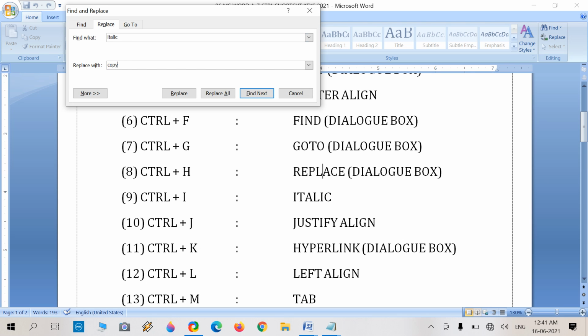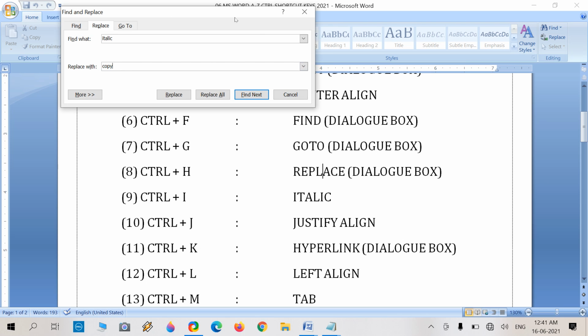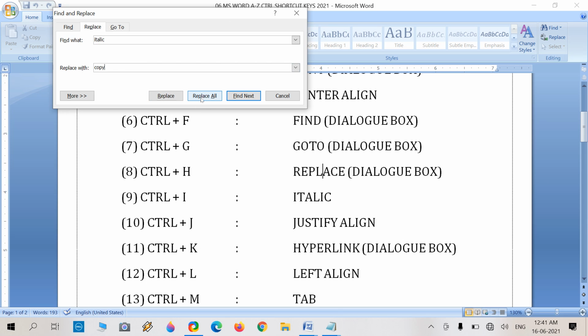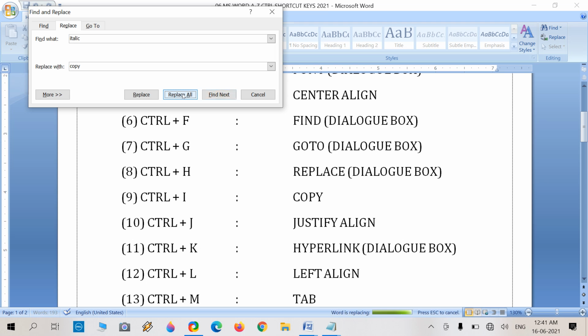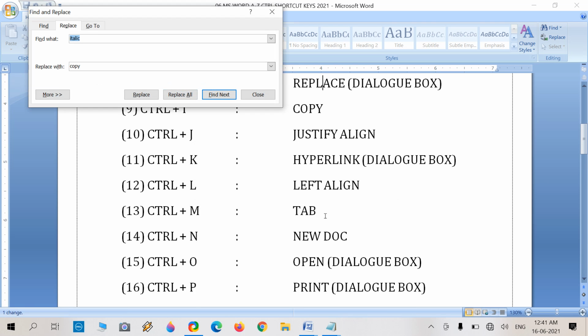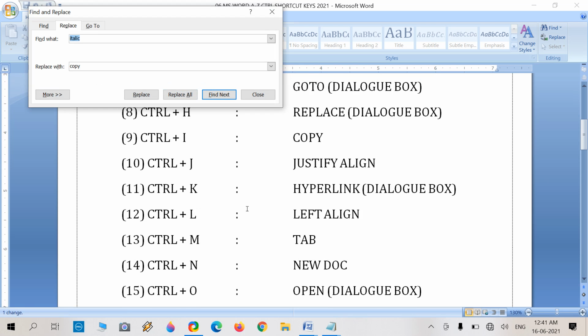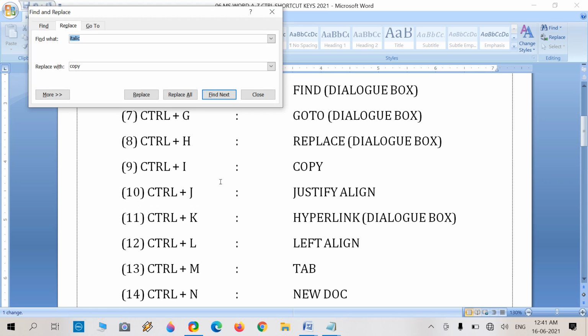Then it will find the term italic and replace it with the specific term, like I am giving here copy. Now press Replace All. Replace All will replace all multiple occurrences of the term, like italic. Press Replace All, and look at here. Next there is Control H, Control I.